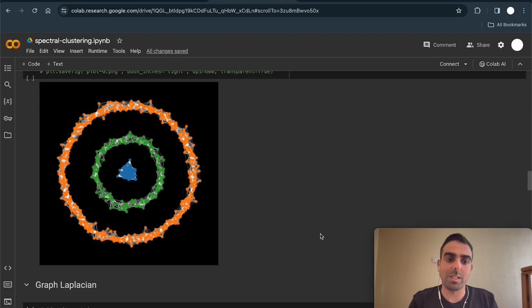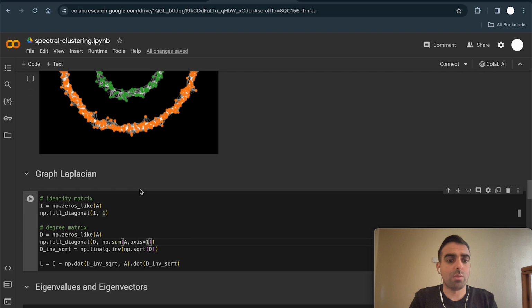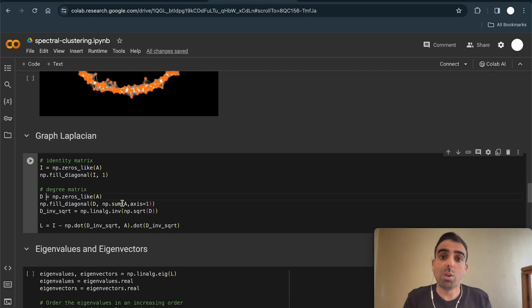Let's compute the graph Laplacian. We use this formula to compute it. First, we compute the identity matrix, which has ones along the diagonal. Then we compute the degree matrix, which has the sum of the degree for each point in A. So we are taking the sum along the rows of A, and setting that to the diagonal of the degree matrix. Then we are applying the inverse of the square root. At the end, we are subtracting this quantity, D times A times D, from the identity matrix,